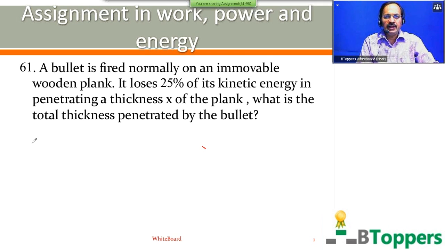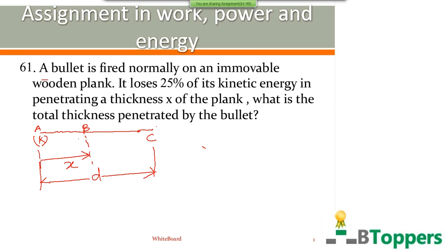A bullet is fired normally on an immovable wooden plank. It loses 25% of its kinetic energy in penetrating a thickness x of the plank. What is the total thickness penetrated by the bullet? So here we have to assume that the retarding force on the bullet is constant. So let A denote the initial position of the bullet at which it begins to move inside the plank,